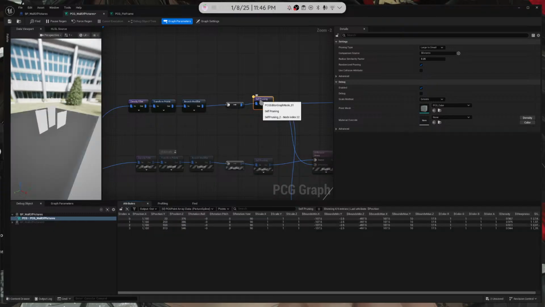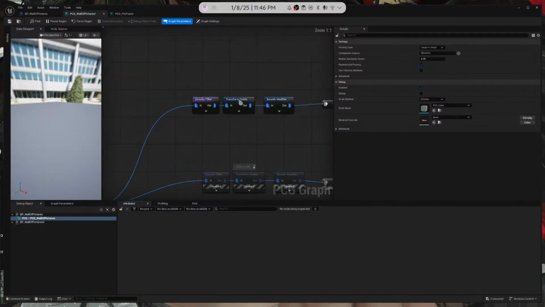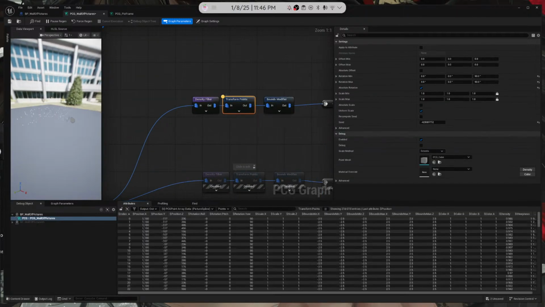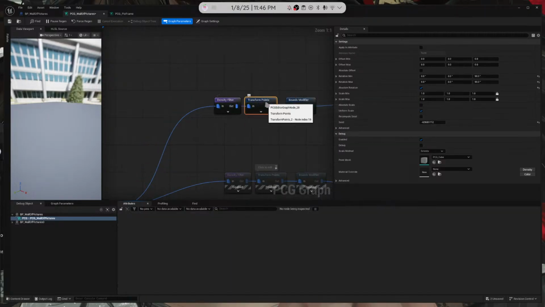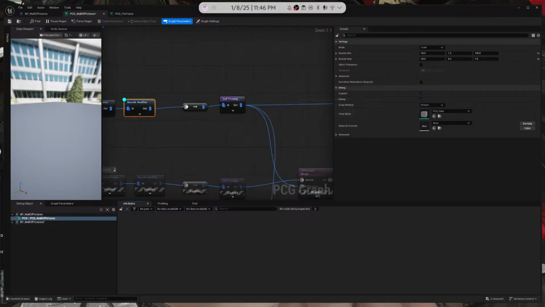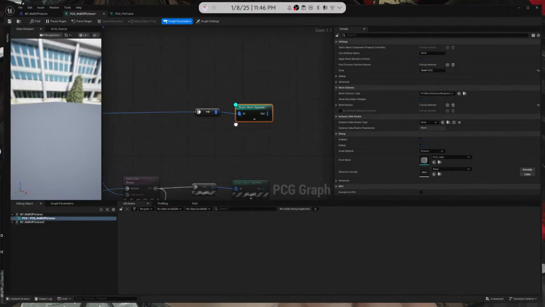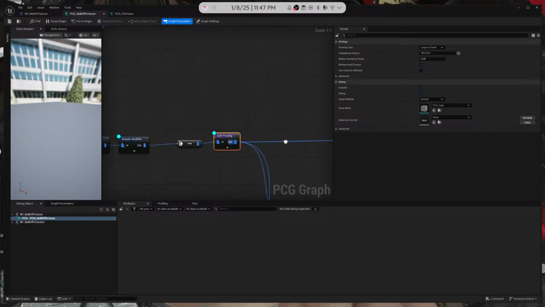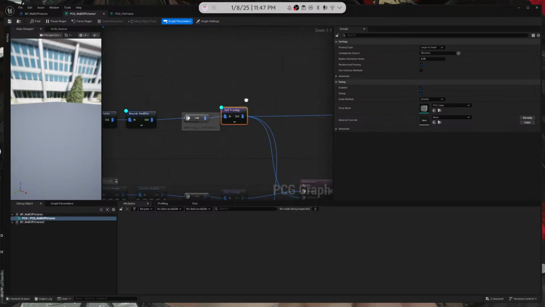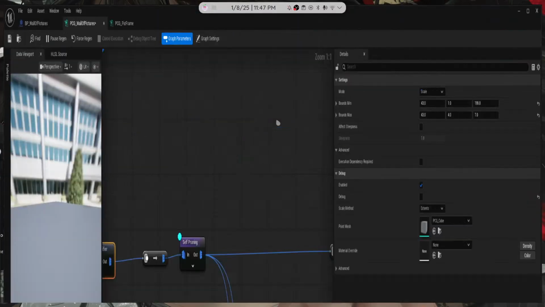Okay, outer cell pruning. We only get one. So something tells me that this is wrong. So we need to pull this out and this. No. We need to do this. Disable this. Right, so